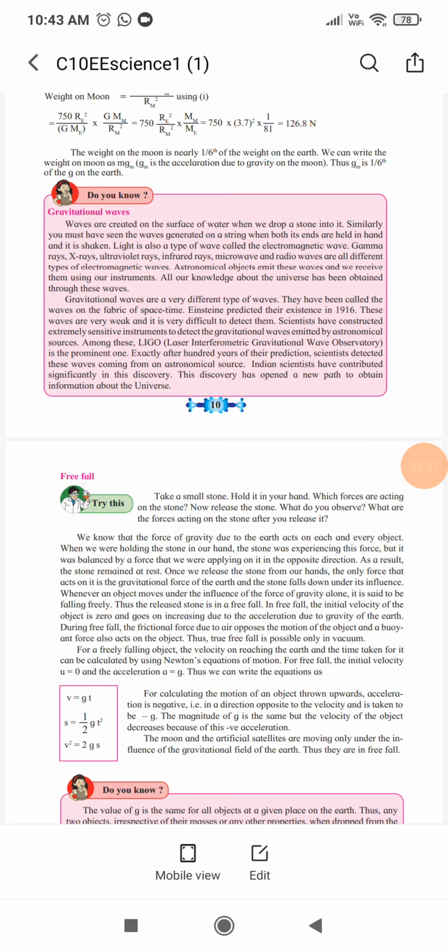Free falling means whatever you leave from your hand, or push with a certain force, comes directly down. Directly it is coming down itself. That we call free falling. So when we release the stone, it is in free fall. The released stone is in free fall. So in free fall, the initial velocity